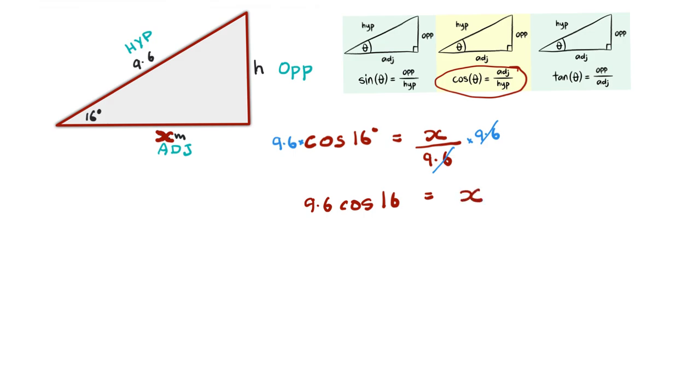We use the calculator, remembering that we need to use degrees. On the calculator, we hit 9.6, then we press the multiplication sign. After that, we press the cos sign. Once we press cos, we need to press the angle 16. Finally, you need to press the enter sign. When you enter this, you'll get that x is equal to